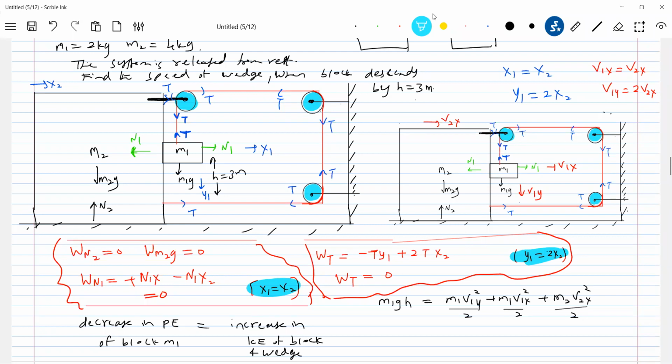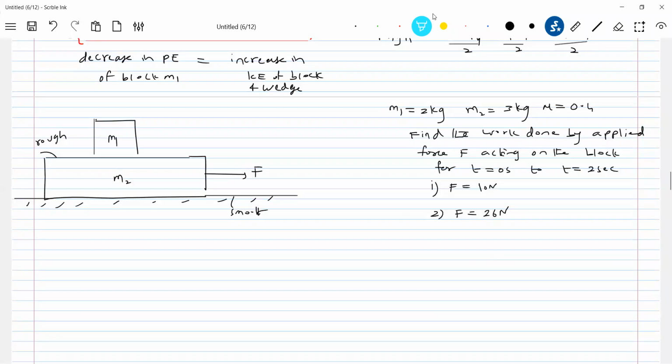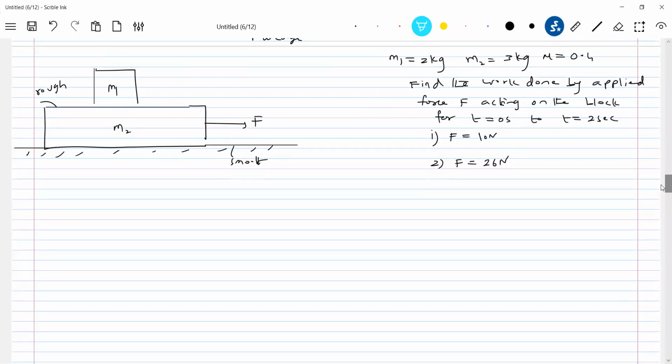Okay, now let me introduce the next idea. See, there are a lot of theoretical ideas. Let me take an example and introduce here. So here we are going for the next part. What about the work done in different frames of reference? So what is my next discussion? Work done in different frames of reference. So already you know the block upon a block concept.